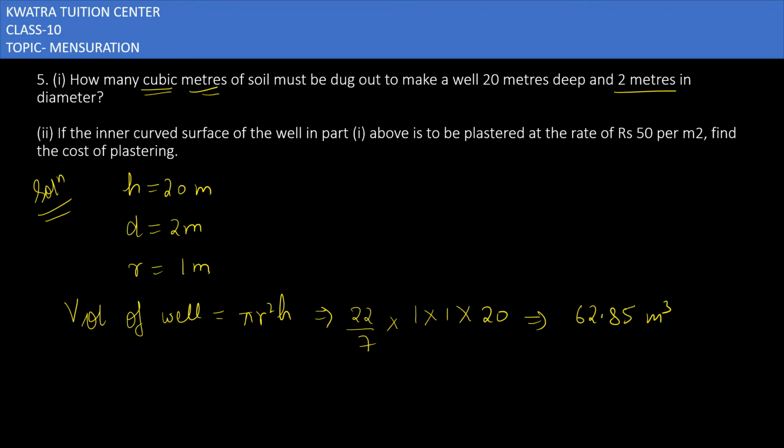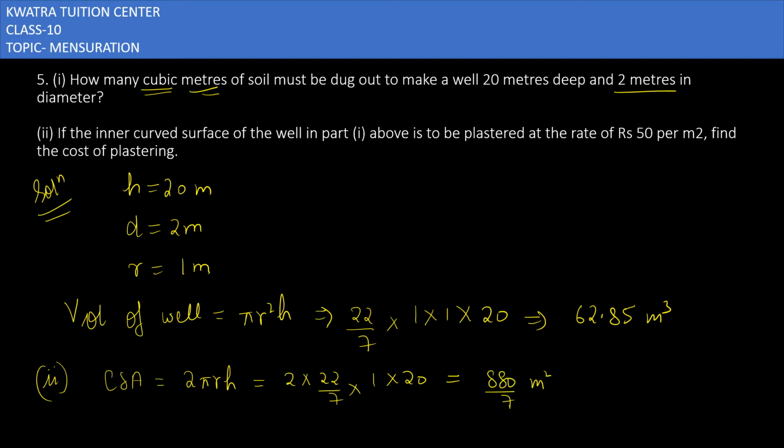Second वाला देखते हैं. If the inner curved surface area of the well in part 1 above is to be plastered at the rate of 50 per meter square, find the cost of plastering. So first you have to find is CSA. So CSA will be 2 pi RH. 2 as it is, pi will be 22 by 7, R will be 1, H will be 20. Just multiply it again and you will get the answer for it. So it will be 880 over 7